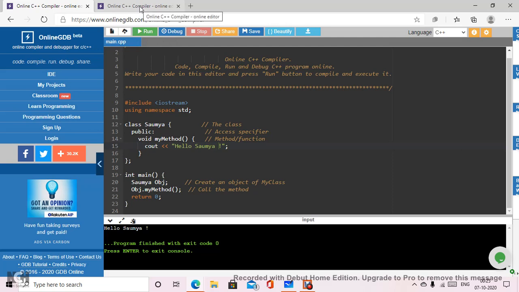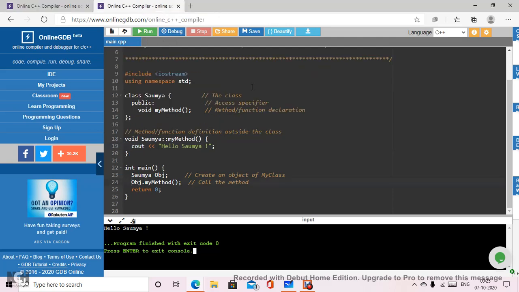Whereas in case of our second thing, I have already written the code. We have only declared the method name, which is my method, and by putting a semicolon we are ending the statement over here, meaning we are only declaring it. So inside the class we have only declared, and outside the class the definition of that particular method is done.